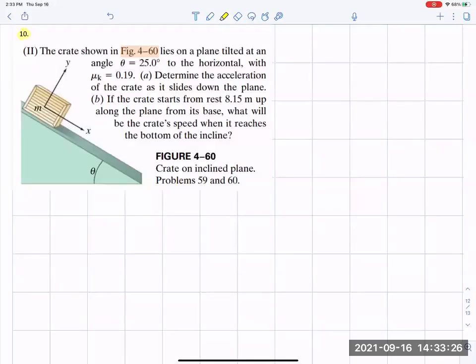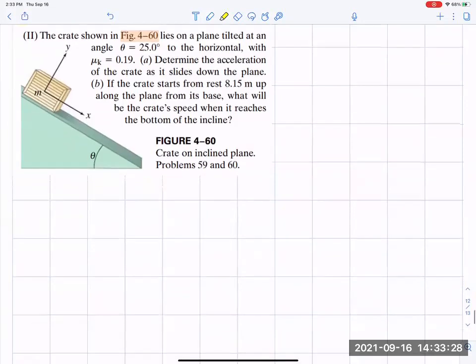Okay, let's look at the next example. What we have here is a crate that sits on an inclined plane. They give you theta being 25 degrees to the horizontal, and they give you the coefficient of kinetic friction. Having said that, you are asked to determine the acceleration of the crate if it slides down the plane. And part B of the problem, if the crate starts from rest,